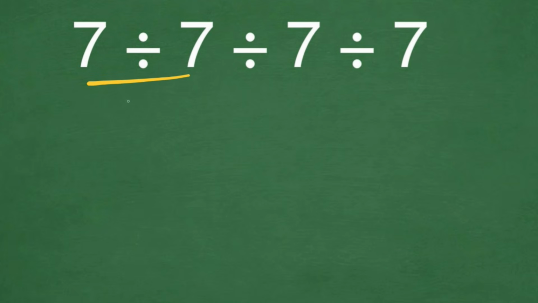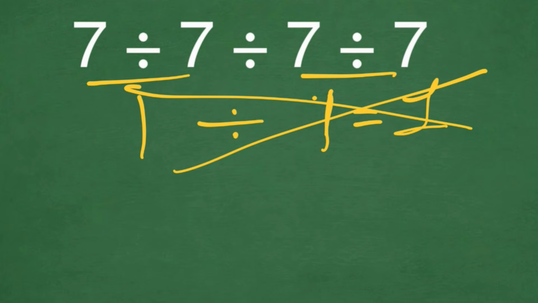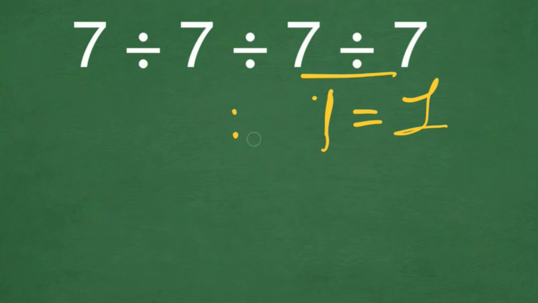7 divided by 7 gives us 1. And again, here we have 7 divided by 7, which is again 1. And 1 divided by 1 is equal to just 1. But this answer is not correct, because according to the order of operations, when we have similar arithmetic, like in